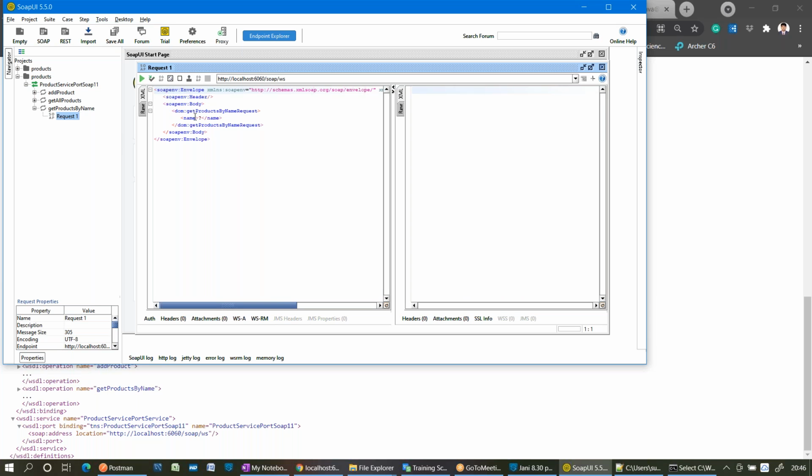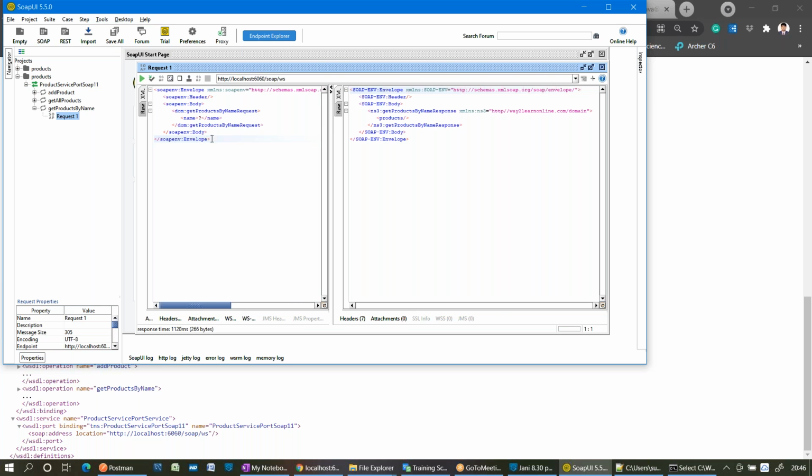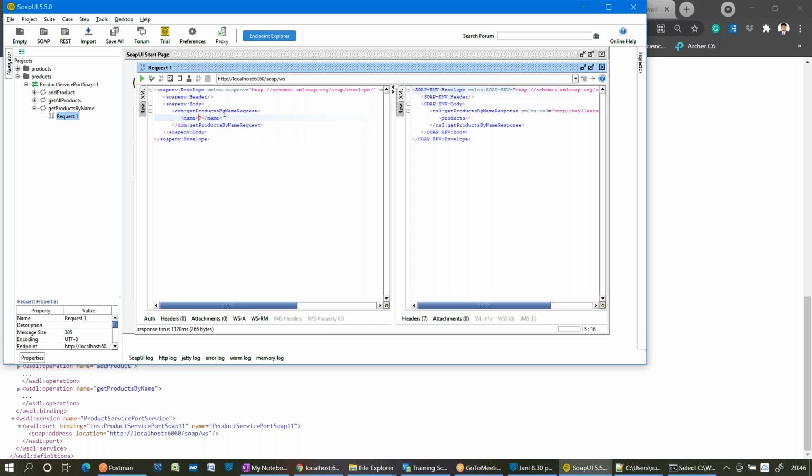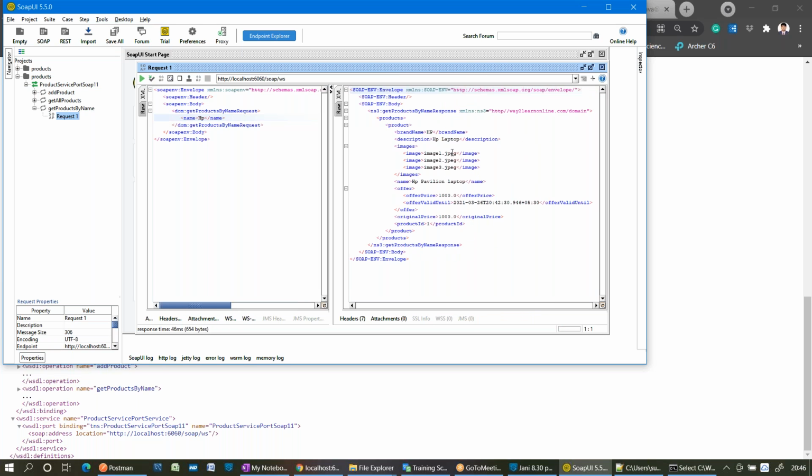Yeah, now we can see this is the input which I want to give. Get product by name request, which is wrapped up under a SOAP envelope body, right? Now, if I click on submit request, did I send any name attribute? Let me hardcode this value and send HP. Will I be getting HP product details from that application?